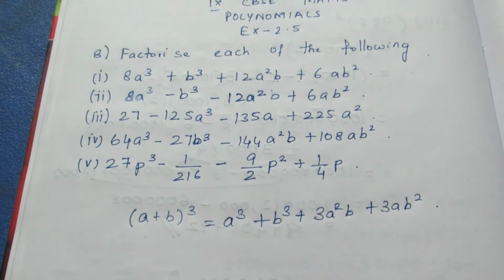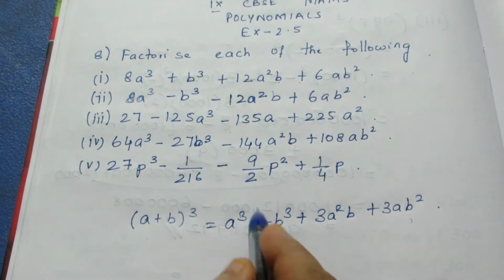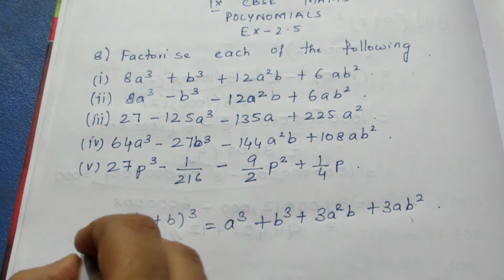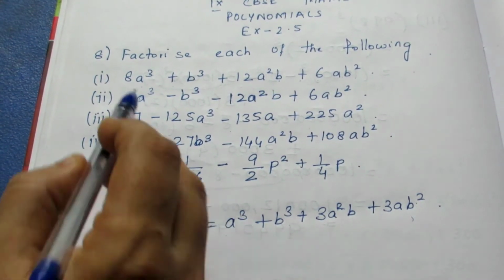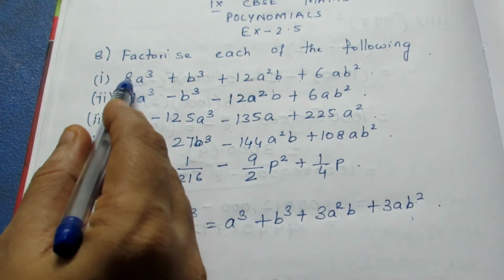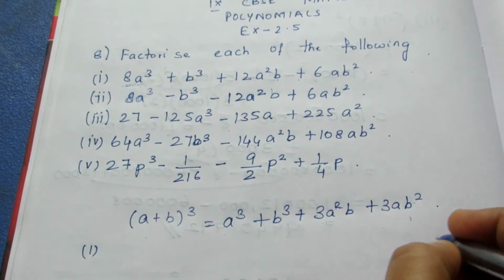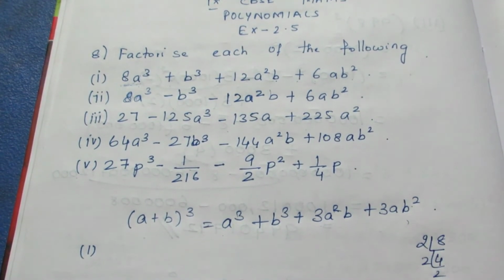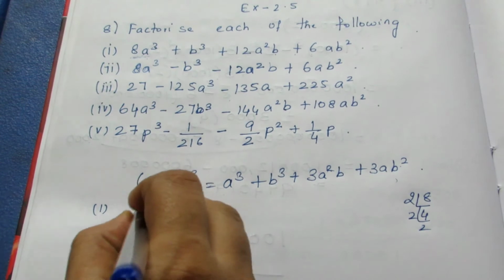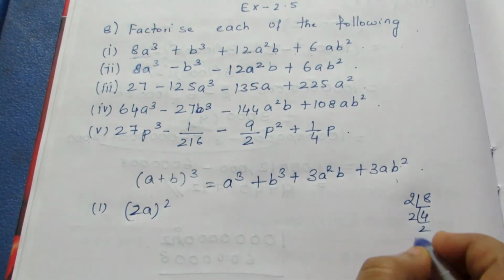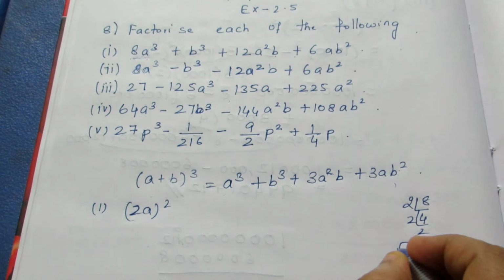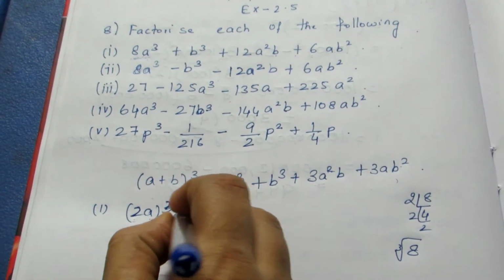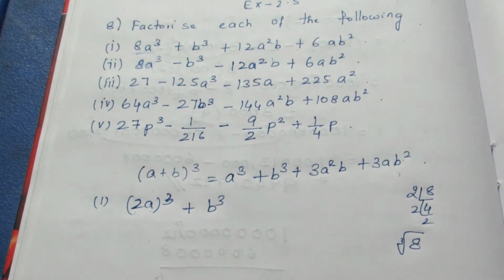So this is the formula and it should be in this form. There are two cubes and two squares, so it should be in this form. We'll see whether it is in the form. For a cube, it should be in the whole cube form, not just a cube. So factorize 8. If we factorize 8, we find it is 2, 2, 2. Taking the cube root of 8, it is 2 outside. So 2a cube plus b cube. There is only b cube, so you can write b cube as it is.